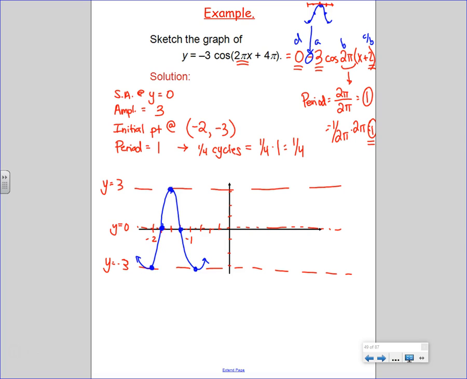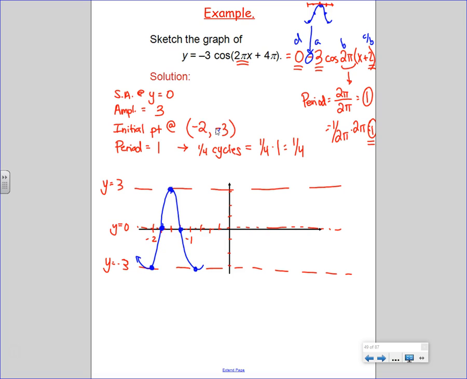Now, in reality, aren't I really zoomed in right now? Yep. That's -2. I'm really zoomed in, so maybe it is nice to have the little baby tick marks and put a little squish curve in for you to realize what's going on. But as far as nicely showing the curve, sometimes taking a quarter of the period helps us know how to put our tick marks. So if I wanted to keep going, if they wanted more than just one cycle, if they wanted me to